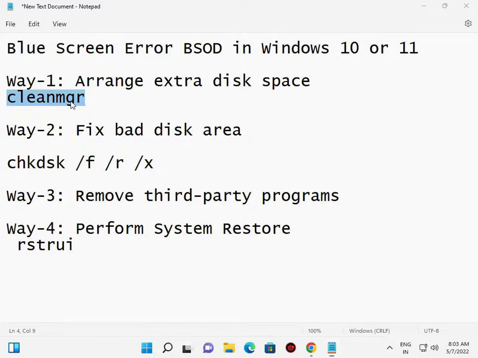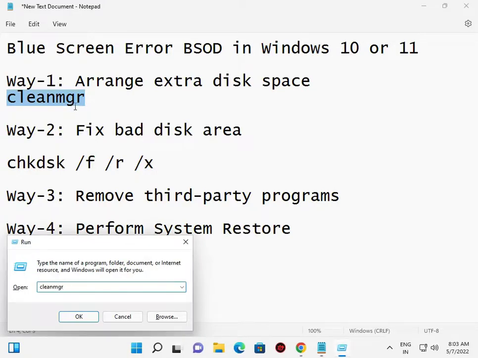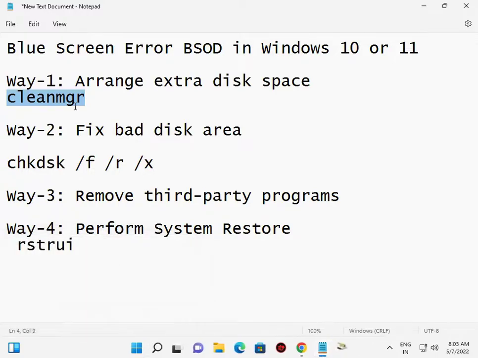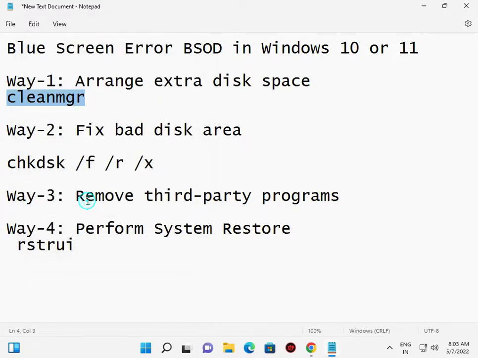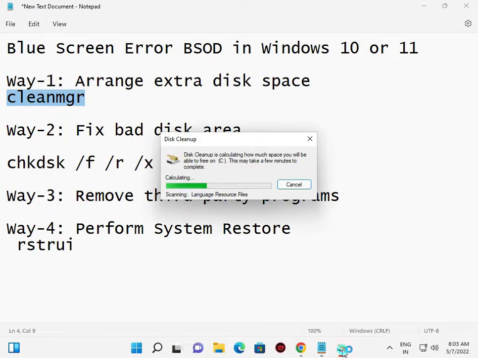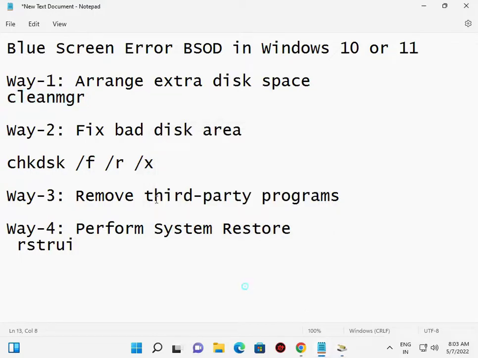So you can run cleanmgr: press Windows R, enter. Now this opens, so you can check all, okay, and then clean. Okay, so now it's calculating and then cleaning all temp files and those files Windows does not want. And then guys, second